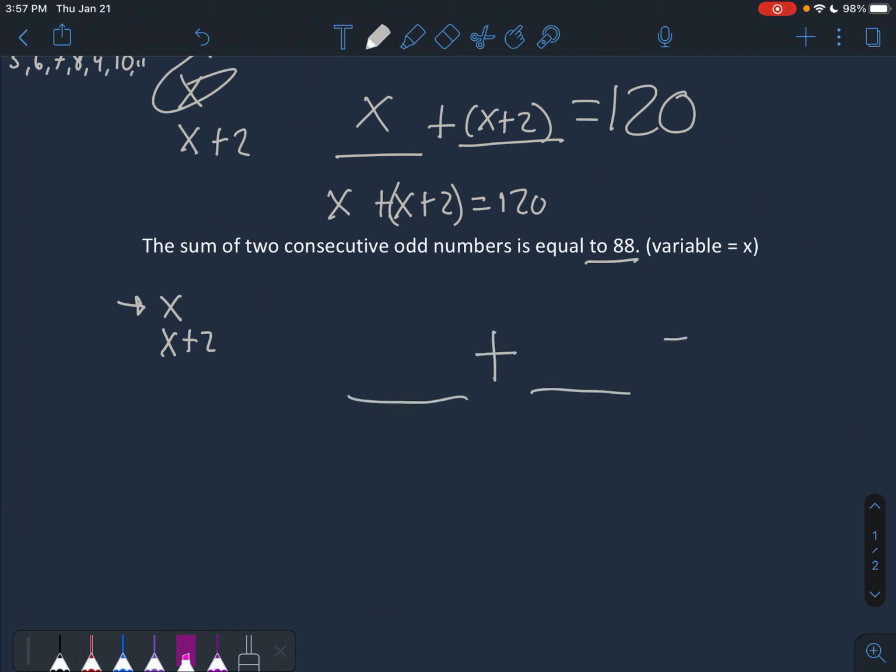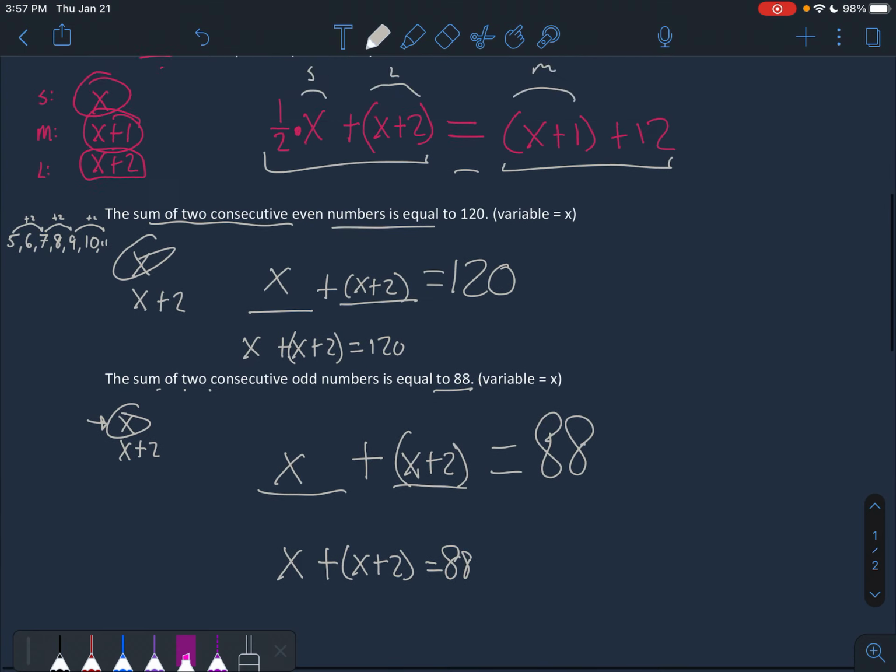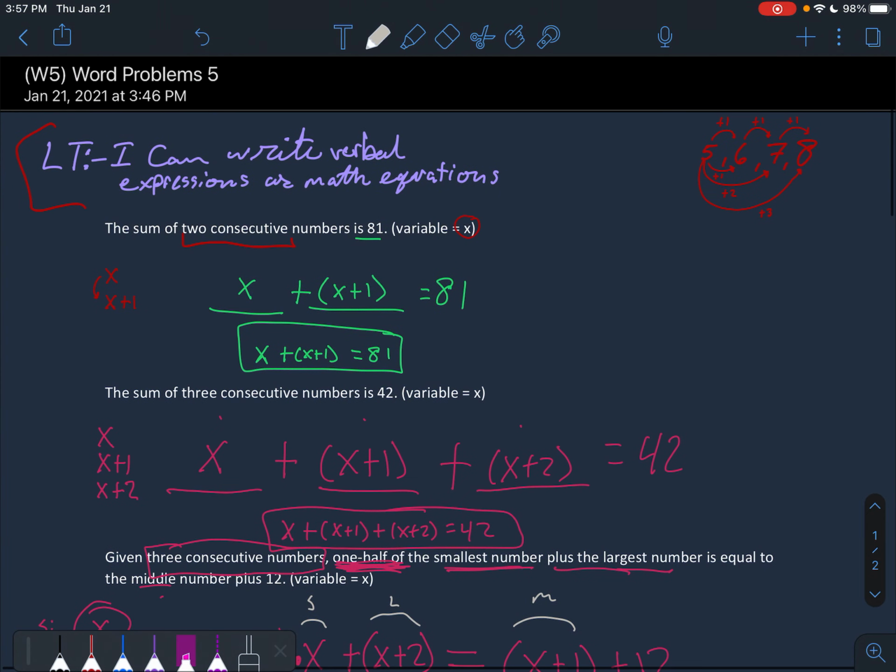So the sum of two consecutive odd numbers is equal to 88. Once again, sum, we're adding two things, and it's equal to 88. The sum of two consecutive odd numbers, first one being x, second one being x plus 2, and we're landing on x plus the quantity x plus 2 is equal to 88. So that is word problems 5, the last in the series of word problems, talking about